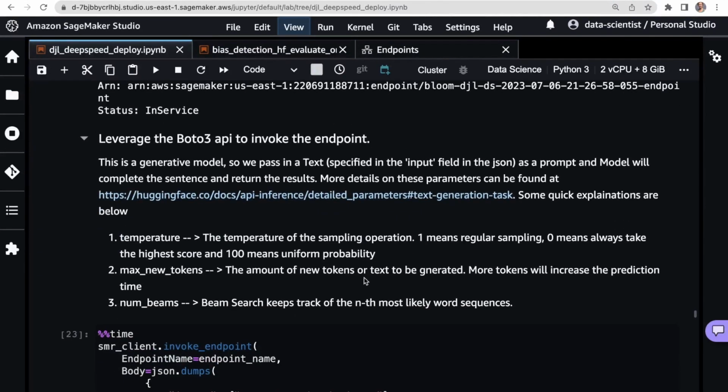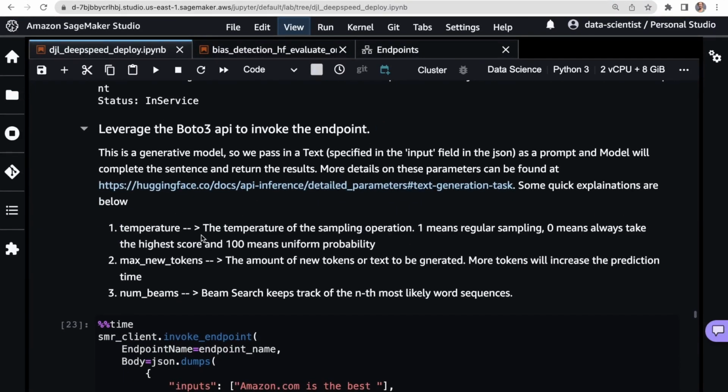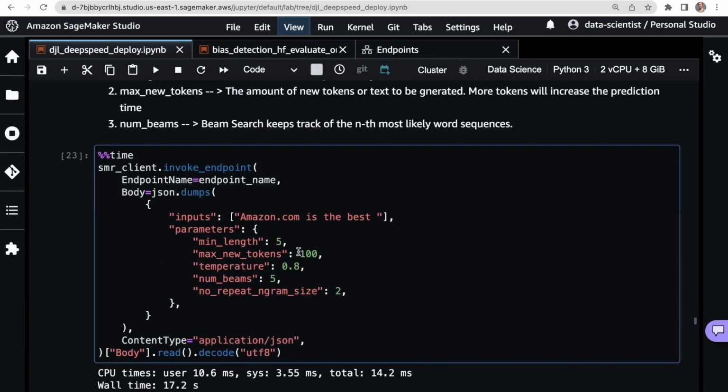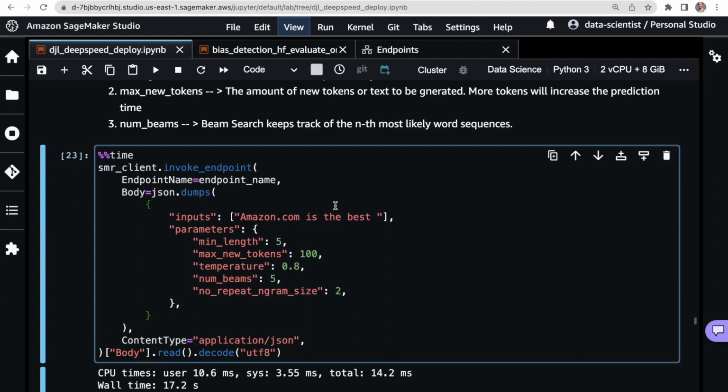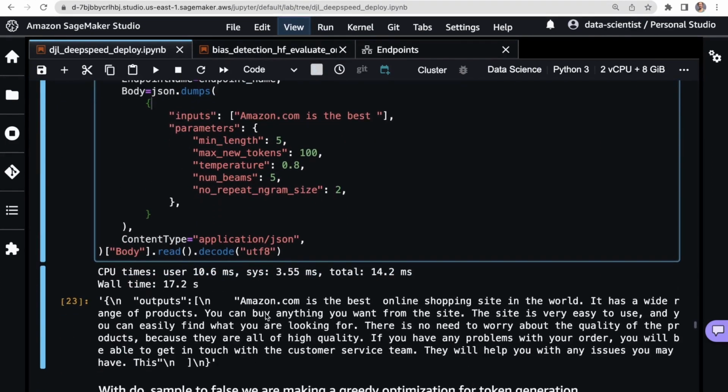And then we'll use Boto 3 to invoke the endpoint. We're going to send it this prompt, which is Amazon.com is the best. And then we have the parameters here. And then we get the result.